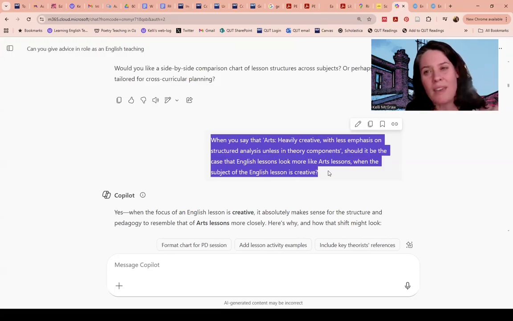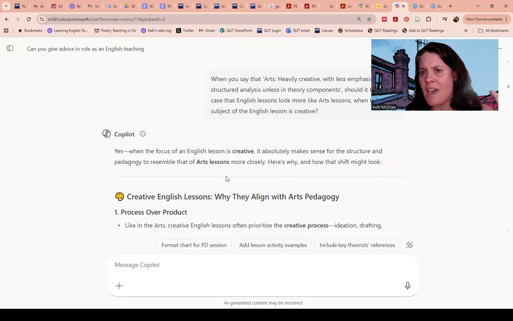Don't use explicit teaching in the arts. You get told this all the time. I've asked it, should it be the case that English lessons should look more arts-based when the thing that we're doing is creative? Like if I'm doing something highly creative in English, should it look more arts-based? And it goes,